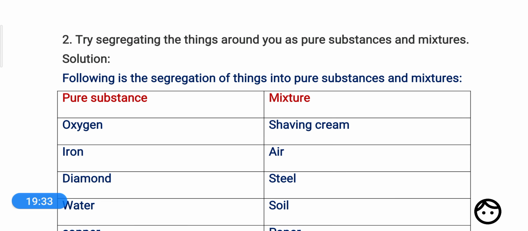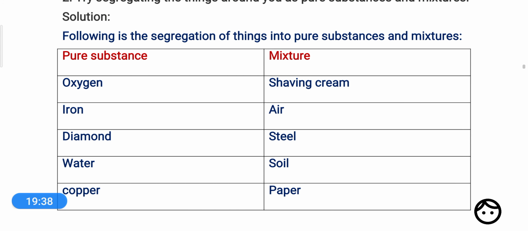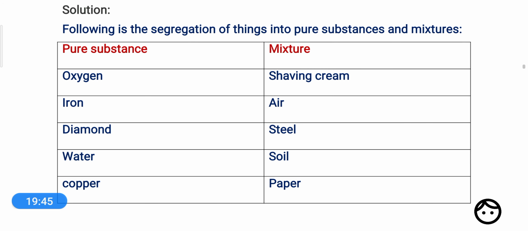Now try segregating the things around you as pure substances and mixtures. So dear students, this is the question. In this question, a table is given, right, where we have looked around and we have categorized the things into pure substances and mixtures. So if we talk about oxygen, then it is a pure substance having only one type of particles, that is oxygen molecules. If we talk about mixtures, then shaving cream is a mixture, iron is a pure substance,